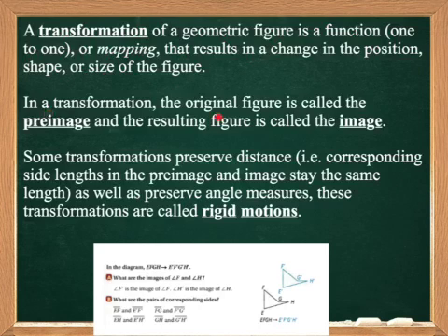In a transformation, the original figure, what you start off with, is called the pre-image, and the resulting figure is called the image. Some transformations preserve distance, corresponding side lengths in the pre-image stay the same length in the image, as well as preserve angle measures. The ones that preserve distance and angle measures are called rigid motions. So as an example,